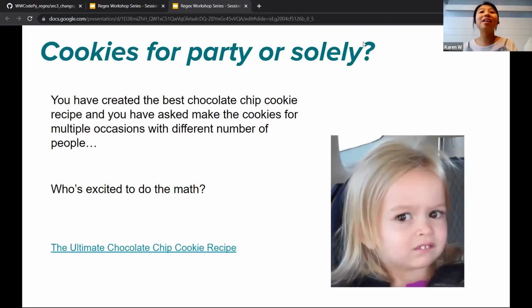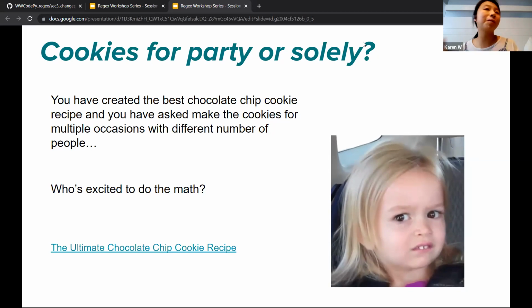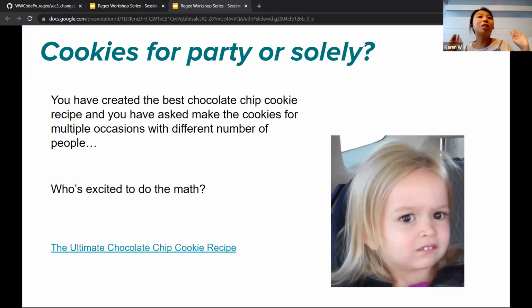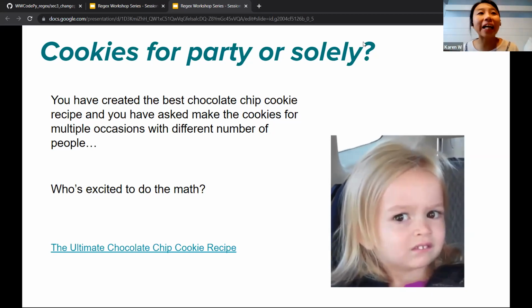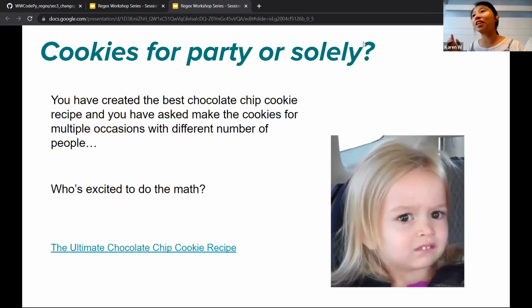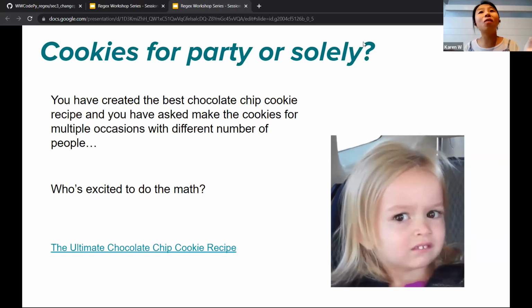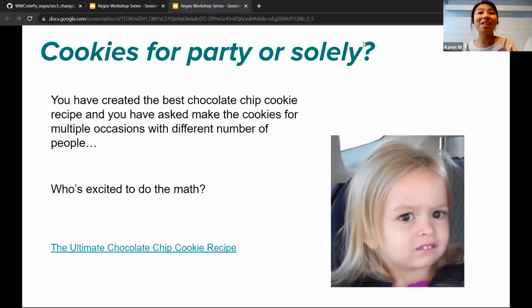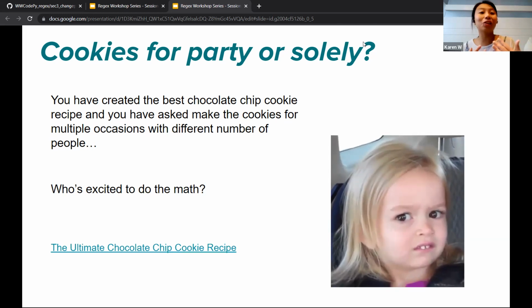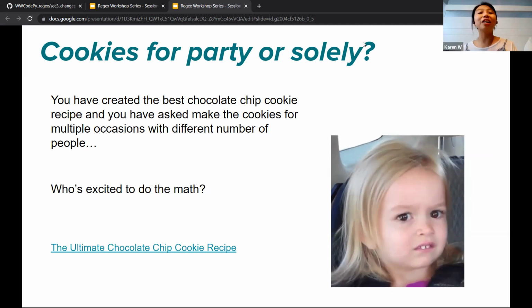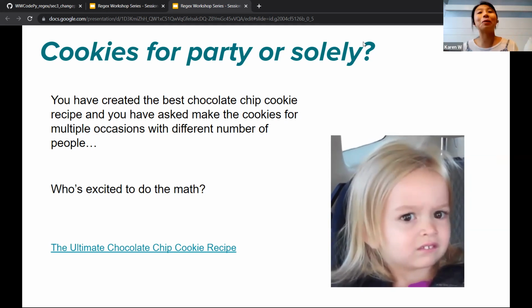But what if one day you create an ultimate chocolate chip cookie recipe everyone loves, and they want you to make different batches for different occasions, different parties, to serve different people, or one day your partner or best friend just wants, oh, can I have maybe just five of them? But then your recipe that you tried and perfected is for 10 servings, for 10 pieces of cookies.